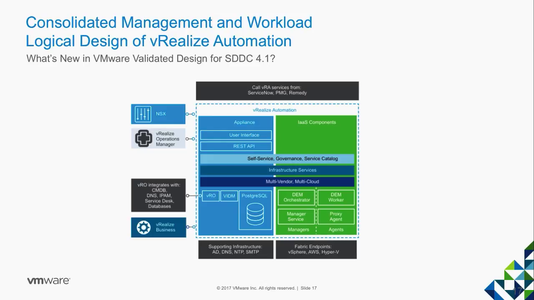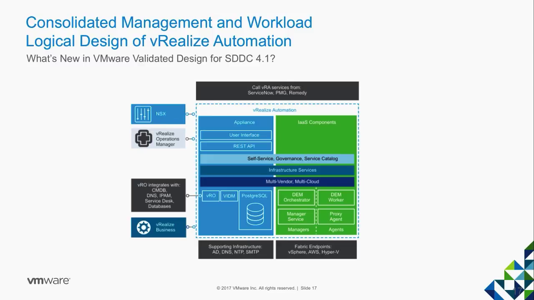Now, if you're familiar with vRealize Automation and the prior designs, we had a distributed design and the distributed management workload. And if you're familiar with vRealize Automation, there are kind of these two sets of components, if you will. The core vRealize Automation appliance, where we have things like the core services running for vRealize Automation. We have vRO running inside. That's vRealize Orchestrator. We have the VMware Identity Manager, as well as additional Postgres databases that are used for the construct of vRealize